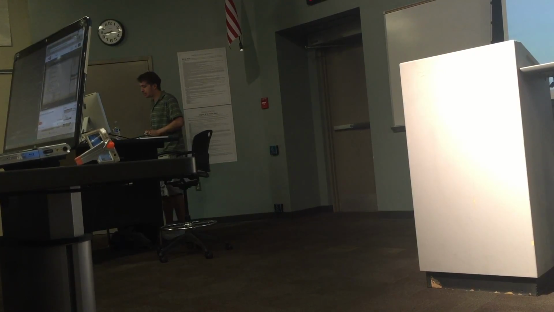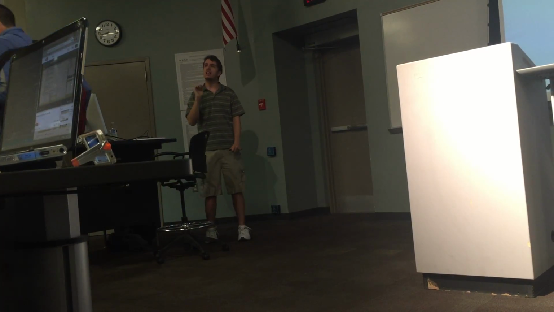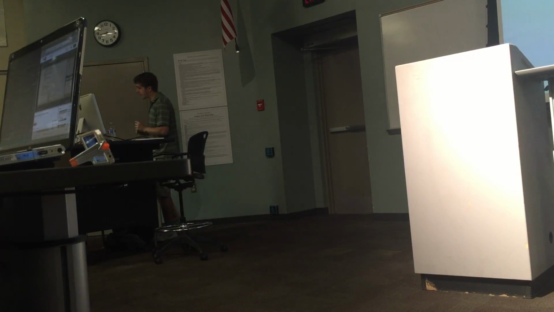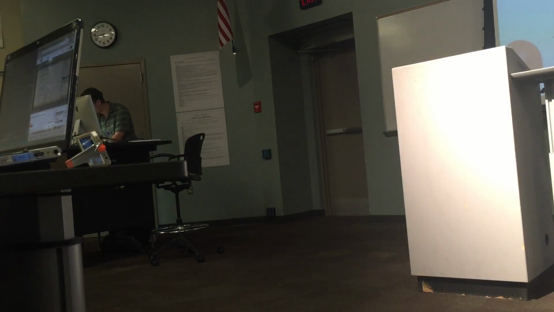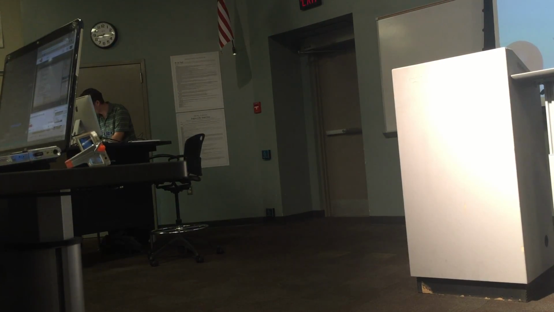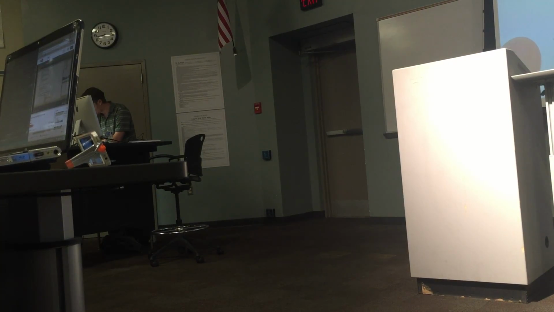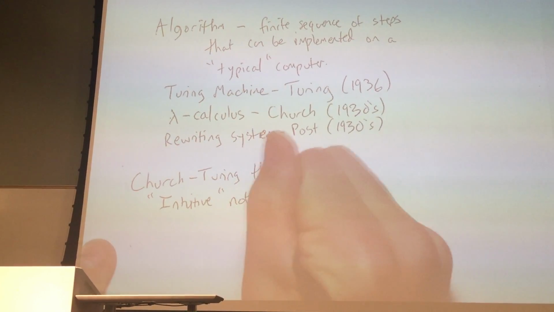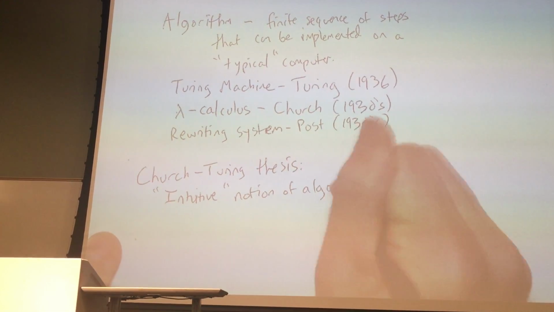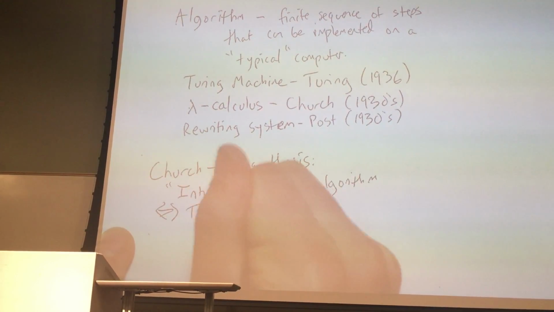and that's why we're studying them now. And so since we have shown that these models of computation are equivalent, then we can actually say something quite striking about what these machines can do. So something that's very important called the Church-Turing Thesis. And what this is: our idea of intuitive, in quotes, notion of algorithm is equivalent to Turing machines.